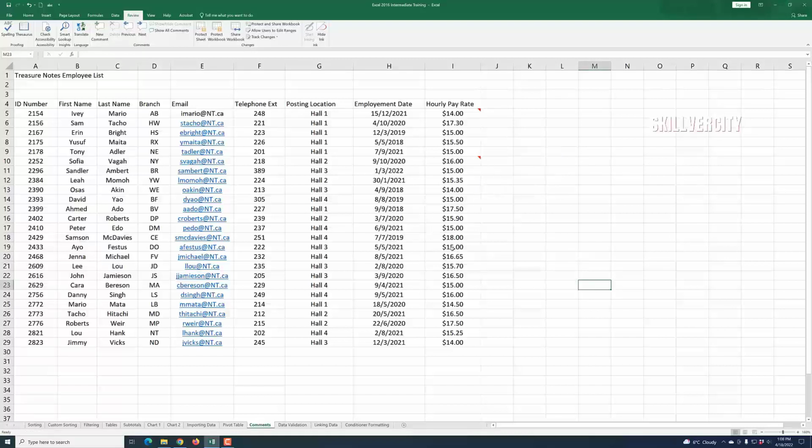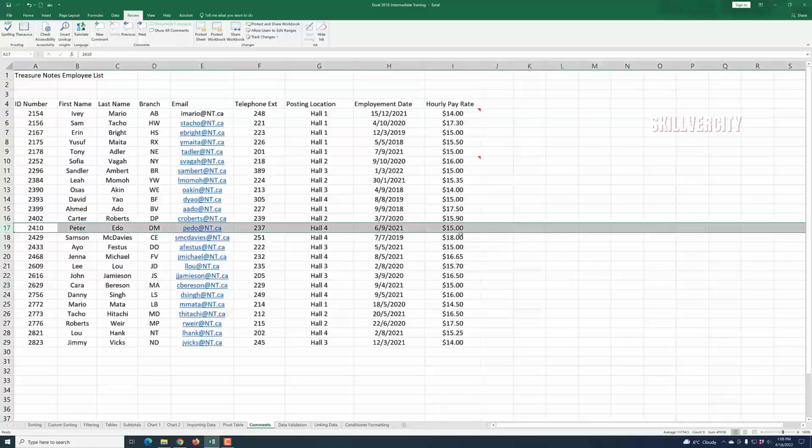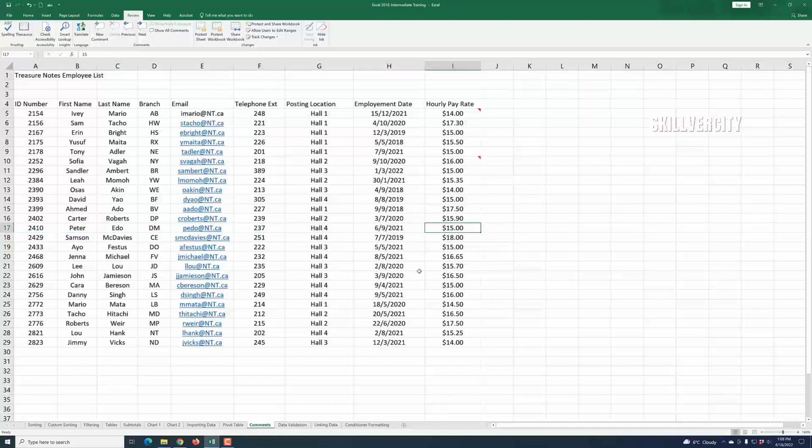So if you come over here, you can see these little tiny comment indicators. Before I show you how to make it a lot more visible, let's take another example. Let's say you're collaborating with someone, or you're working with other people on a company project, and you want to leave messages for them. Let's say, for example, you want your boss to know that